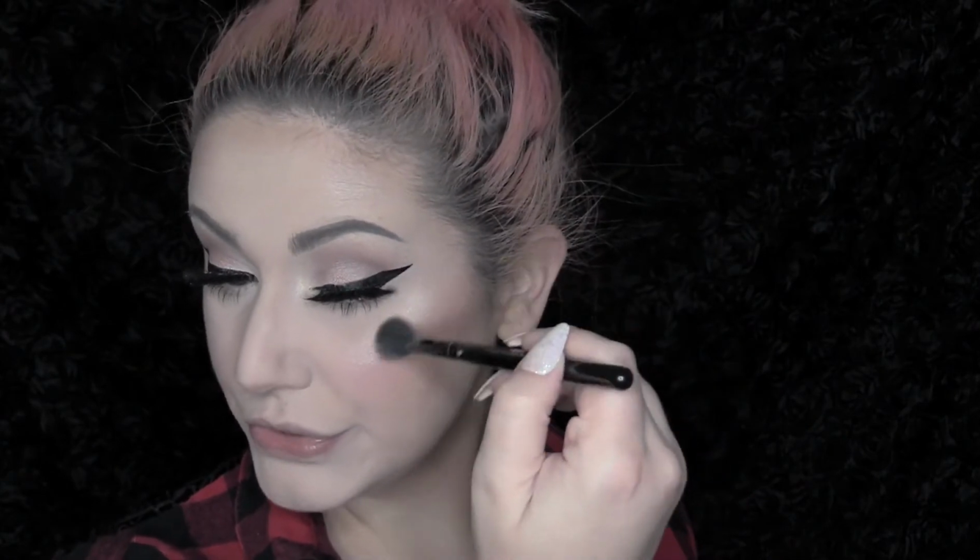And I'm sorry, you can say what you want about Jeffree Star, but his Skin Frost, nothing beats it. Nothing beats it. Okay, and now that I have my face nice and frosted, looking like glass,